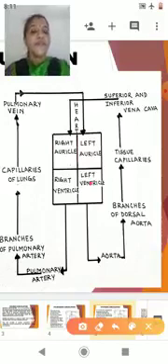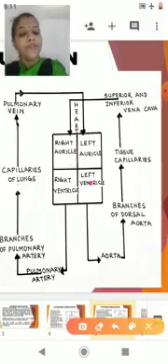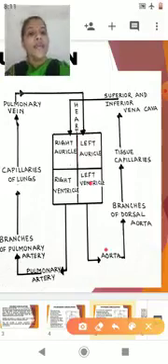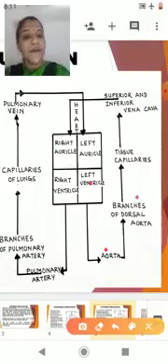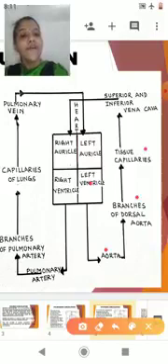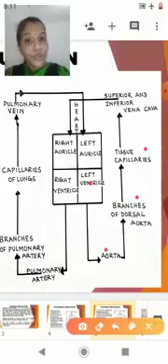Left ventricle, you know the left hand side is going to contain what type of blood? Pure blood. Now the pure blood will enter into the aorta. You know that the aorta will divide to form branches, and the branches will be supplying the blood to the different parts of our body. It will supply it to the tissues, so it will form the tissue capillaries. Now in the tissues the blood is going to become deoxygenated because there will be diffusion of gases. When the blood becomes deoxygenated, it is collected by the superior and inferior vena cava. And you know that the superior and inferior vena cava open into the right auricle.